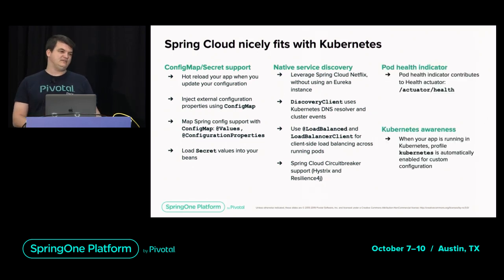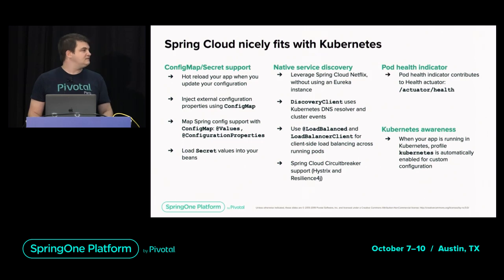And the nice thing about Spring Cloud Kubernetes is that you also have access to the pod health indicator, which means that using this endpoint, you will know if your application is running fine. So you will have access to all environment variables that are made available to your application. And you have a quick peek at what's going on with your pod. Is this pod running? Is everything OK? Just hit the /actuator/health, and you have everything you need to know about your application running on Kubernetes.